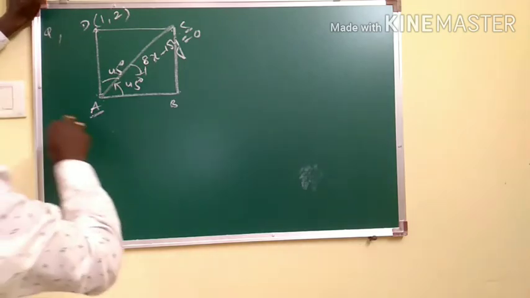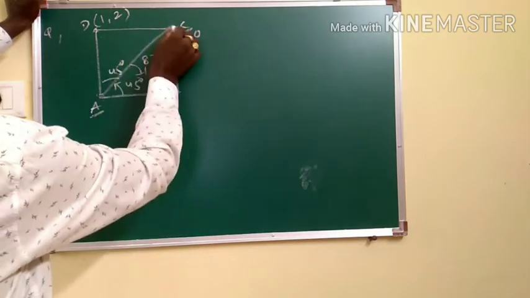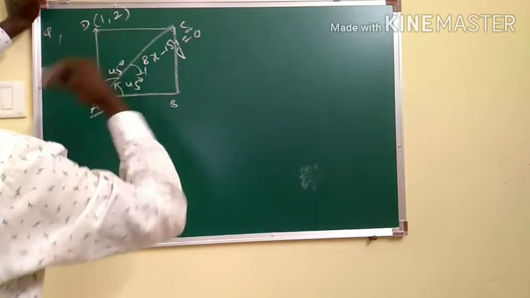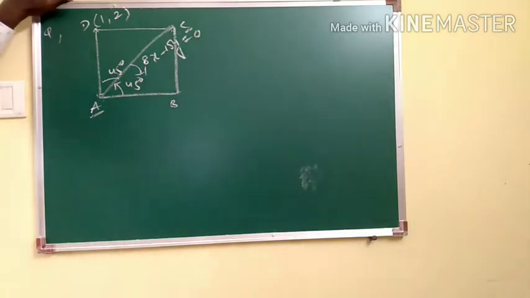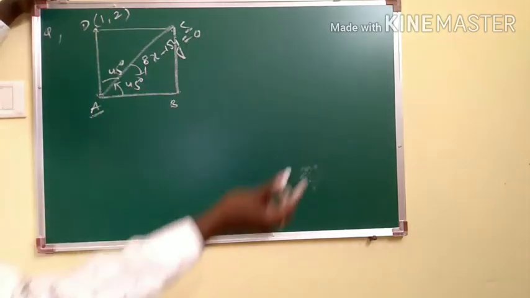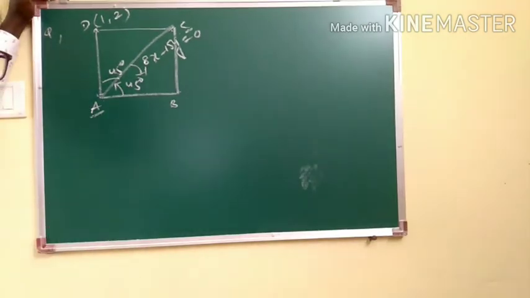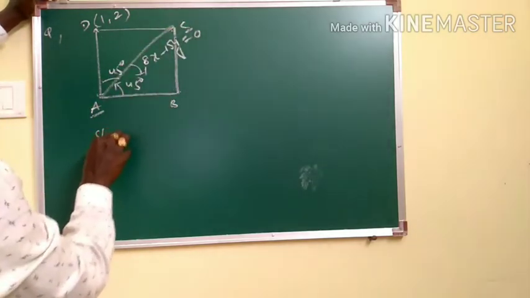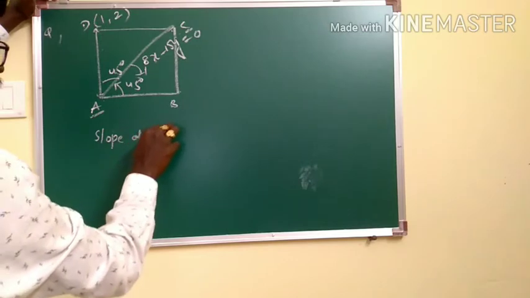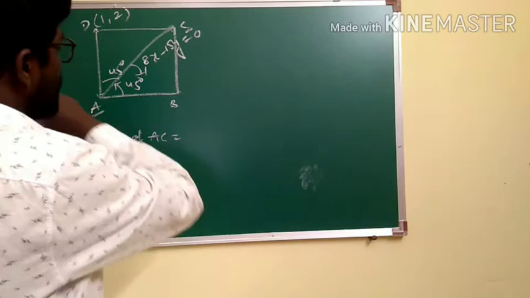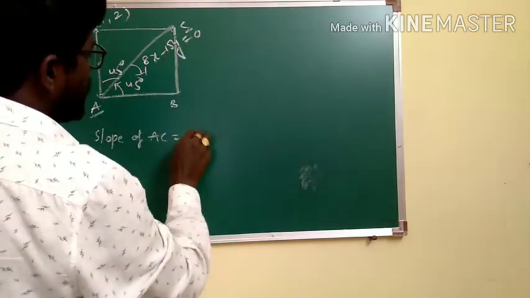Therefore, to trace out the lines CD and AD, first we should know their slopes, and then we can use the y minus y1 equal to m into x minus x1 concept, as we already have the point through which the lines are passing. Got my point here? So how can I take the slope of AC? Slope of AC: see, 8x minus 15y equal to 0.